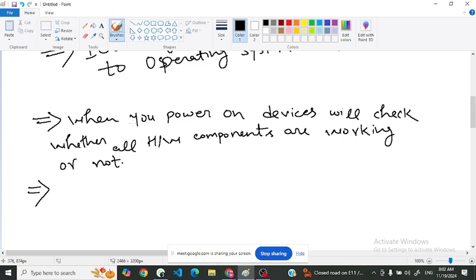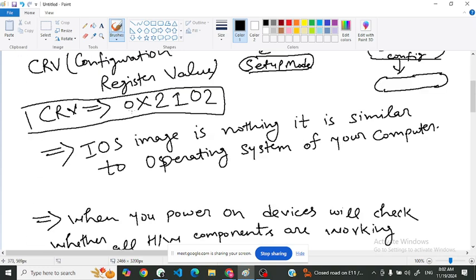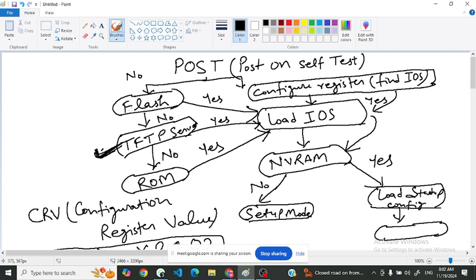Is there any command to check whether the iOS file is corrupted or not? How to verify that? If it is not able to load into the iOS, your hardware is working properly, and you are not able to upgrade the iOS image from here,